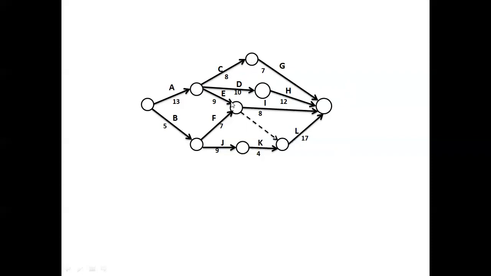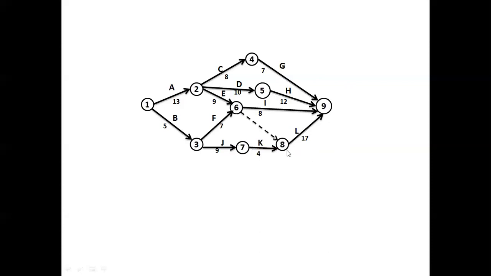But here this cannot be given at this moment. When I remove the outgoing activities from this third event, then only this becomes an initial event. Then the next number I will give to this. When I give it to this, at the same time, because I removed these F and J arrows, this also becomes an initial event. So after this number, I will give the next number, and like that.